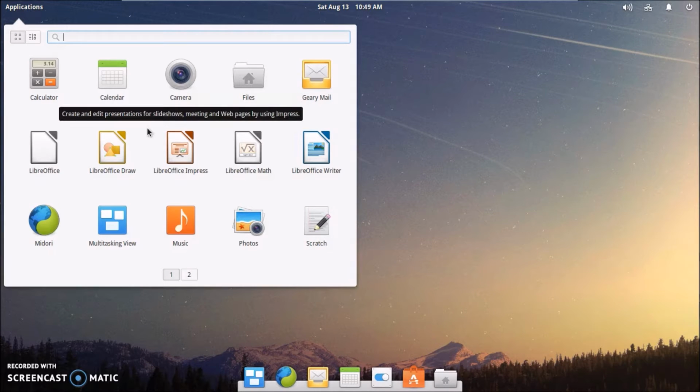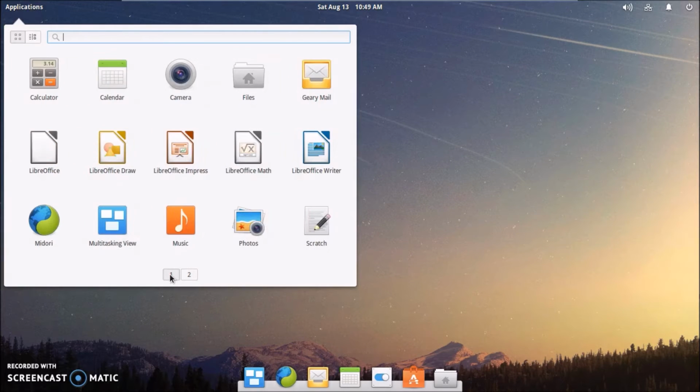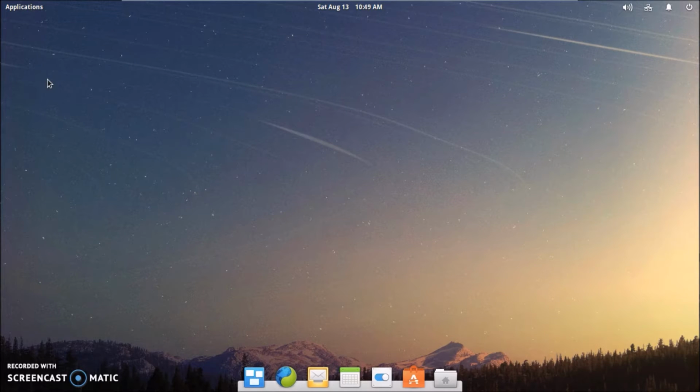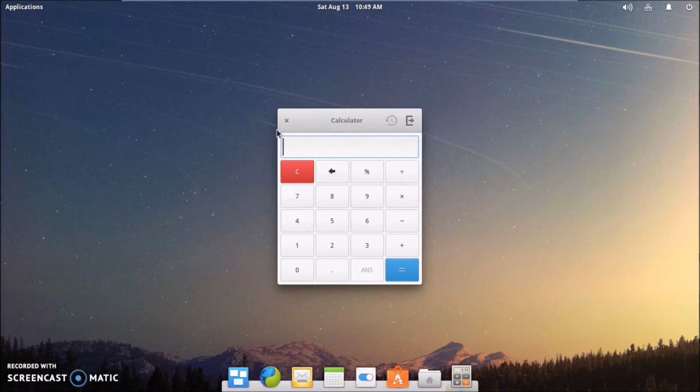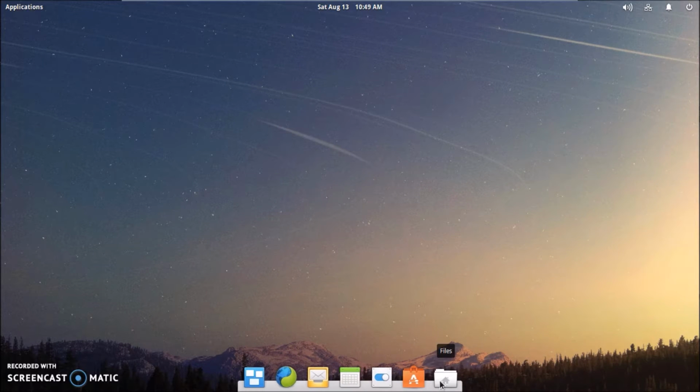Now applications has lots of big bold icons. These are all of the applications that I have installed on here. So you can easily just open one up and you can search through different applications and boom, it's right there. Pretty cool. So first, I'm going to show you a little bit about the windows, and to do that, we're